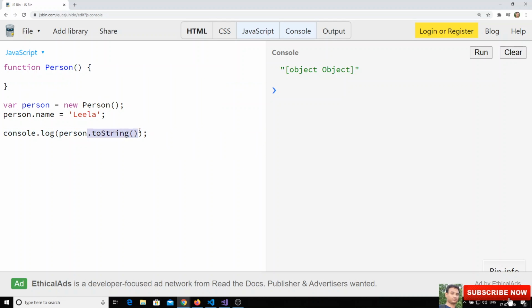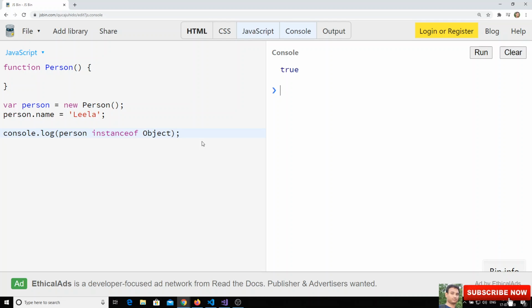If we check whether person is an instance of Object, we get true. So only Object.create will create an object with no prototypes, where you need to define your own prototypes, and all remaining objects are created with Object as the main parent.